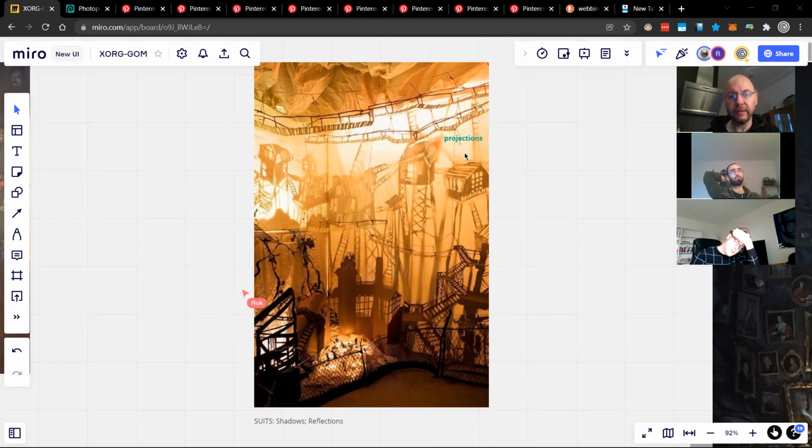The one thing I want to point out here is, if we think of this image as a scene, as a context, adding such a thing, like the text of this could be a suit, or in a suit of shadows or reflections, or adding this kind of text of projections or anything else, obviously it behaves like a layer.